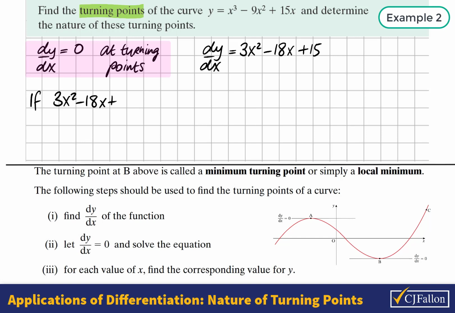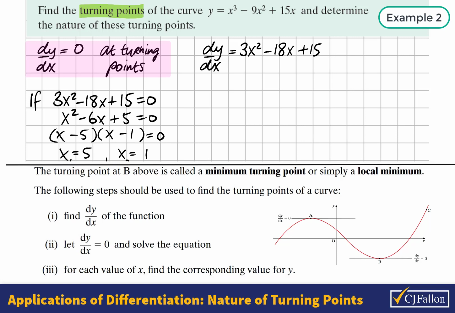Now if this equals 0, as it does at the turning points, we have a quadratic equation to solve. So dividing across by 3 simplifies this a little bit. And we see the factors then will be x minus 5 and x minus 1, giving solutions x equals 5 and x equals 1. So if we sub these values into the original curve, into the cubic, it gives corresponding